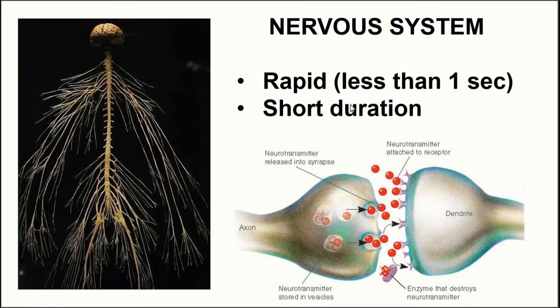These signals are short in duration because as soon as this neurotransmitter stops being released, the receiving cell is no longer influenced by that neurotransmitter, because typically there are enzymes in the space between the neuron and the target cell that break down any excess neurotransmitter. As soon as the neuron stops releasing that neurotransmitter, the enzymes very quickly go to work to break down any remaining neurotransmitter in the gap between the neuron and the target cell,